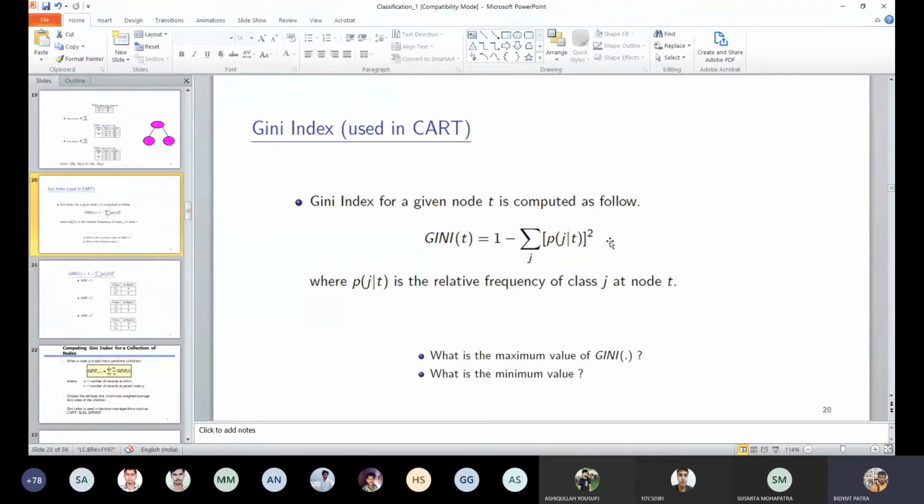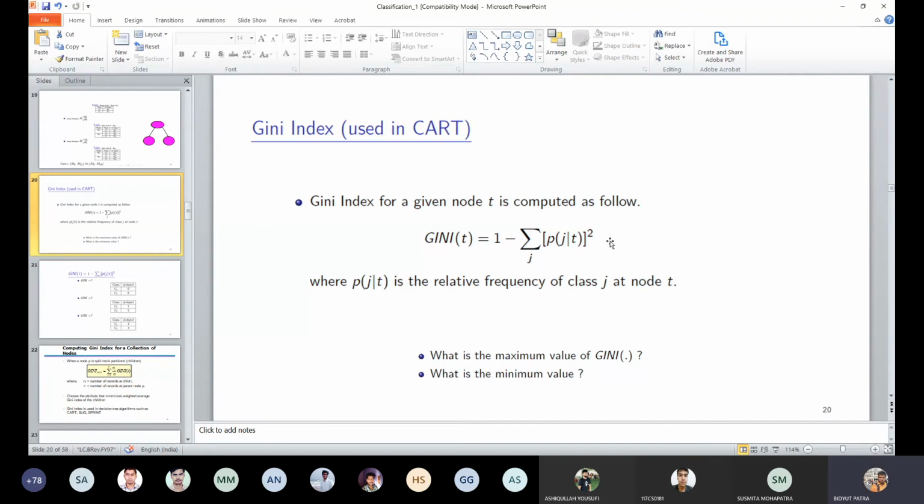If there are multiple classes and all records have equal probability of belonging to their individual classes, let's say there are NC classes. Then 1 minus the summation over all classes, and the number of summation terms will be NC.